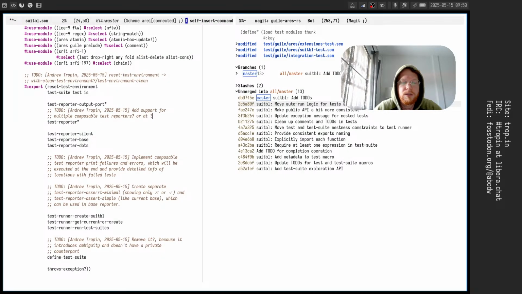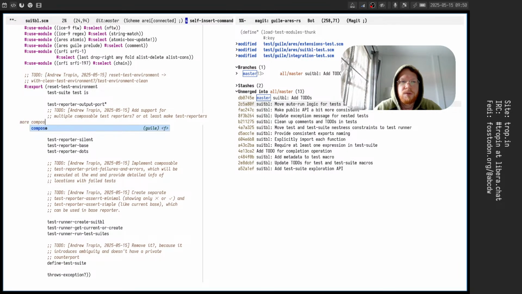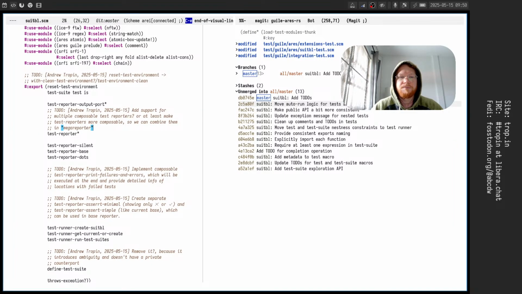Or at least make test reporters more composable, so we can combine them in a mega reporter. Mega reporter. Okay,